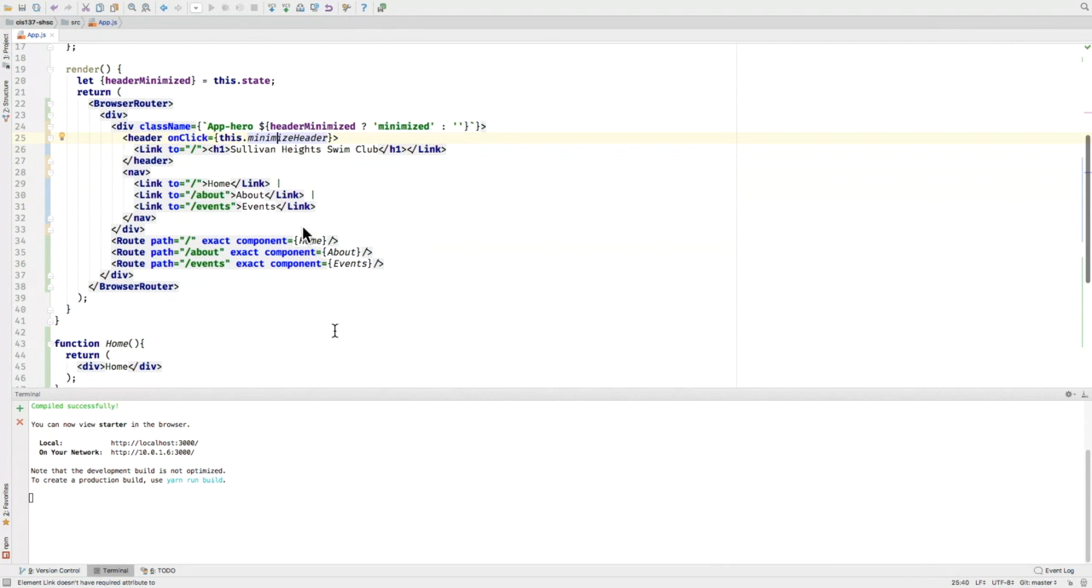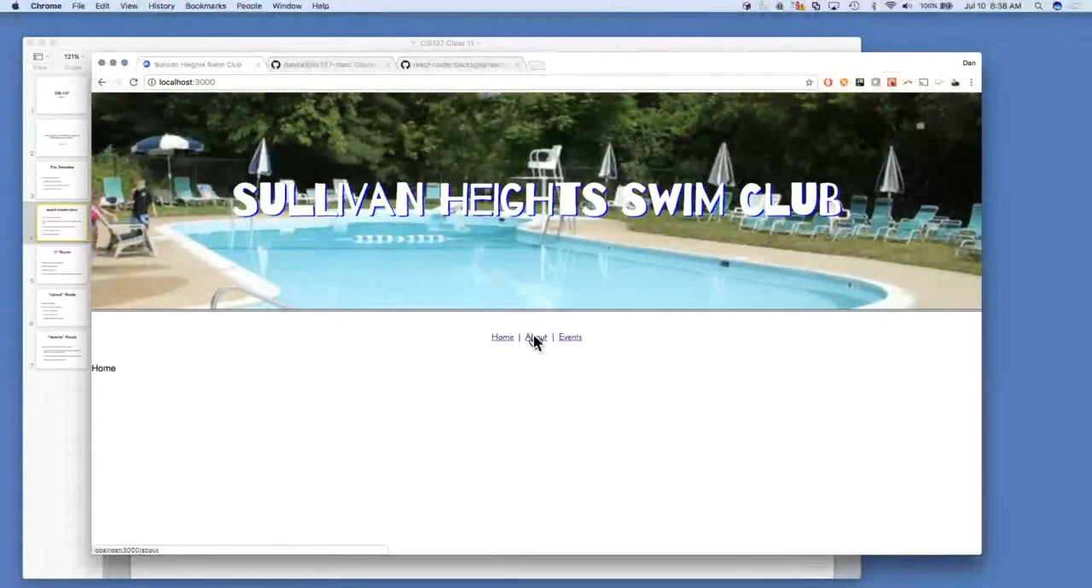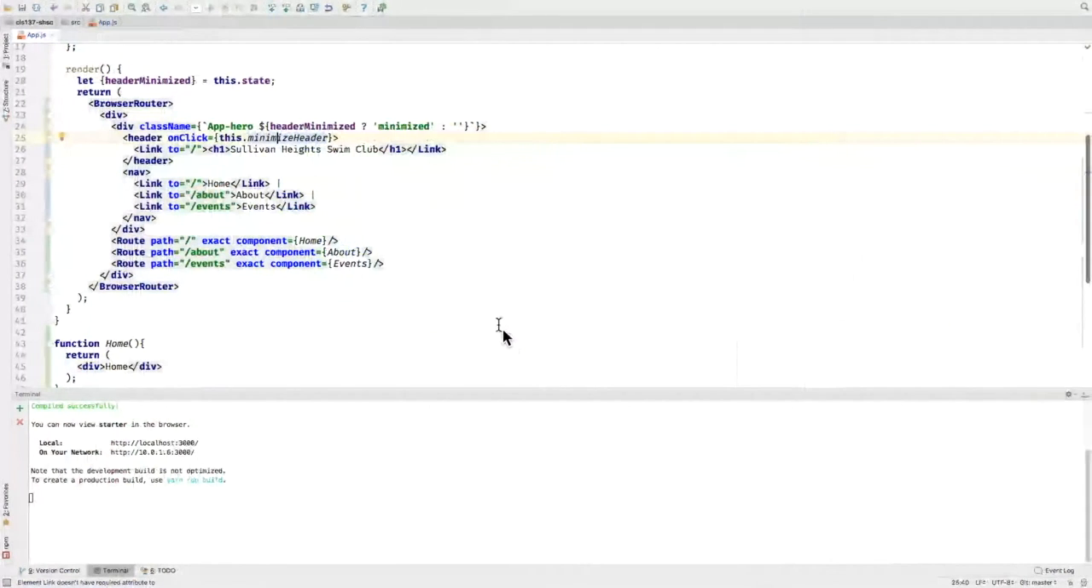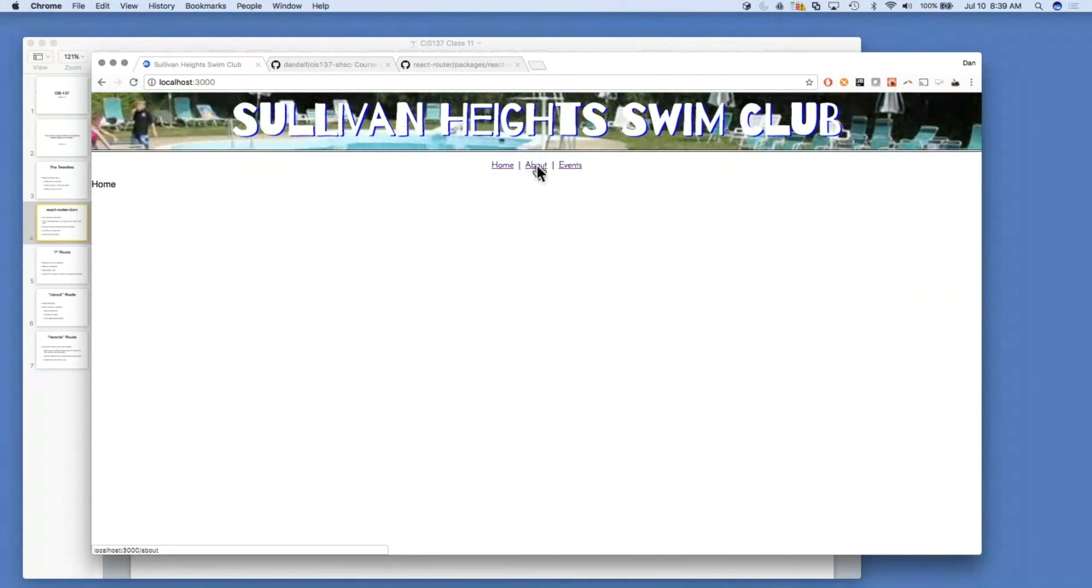Now if we save, compiled successfully, we come over here, we hit about, events, home. You see it's not making an actual request. It's not doing that reload symbol here. It's just navigating without making a new request. So the advantage of that is if we set some state, that state won't get reset each time we